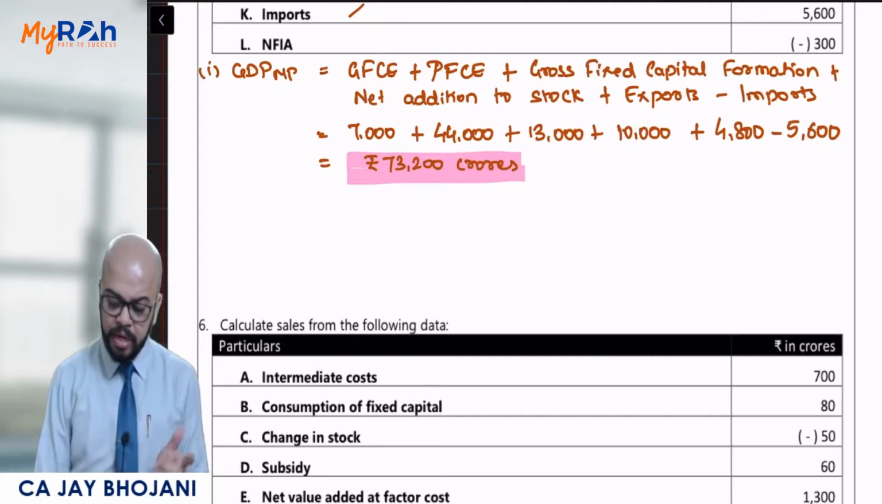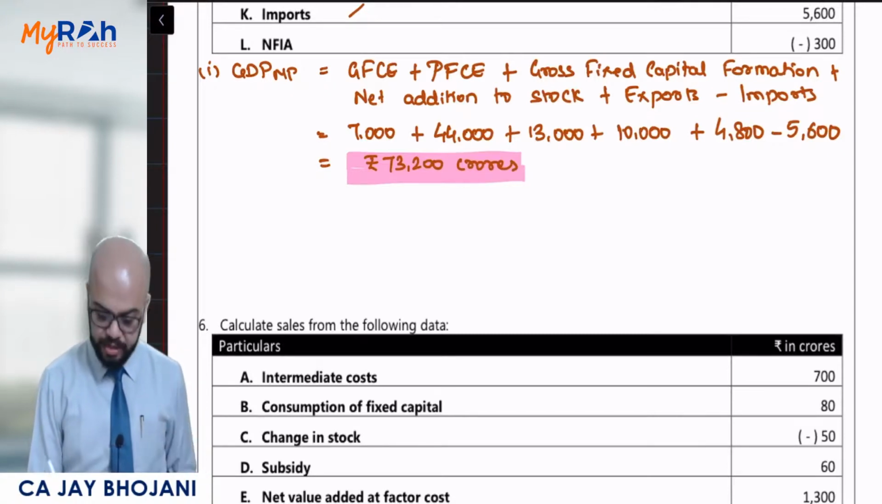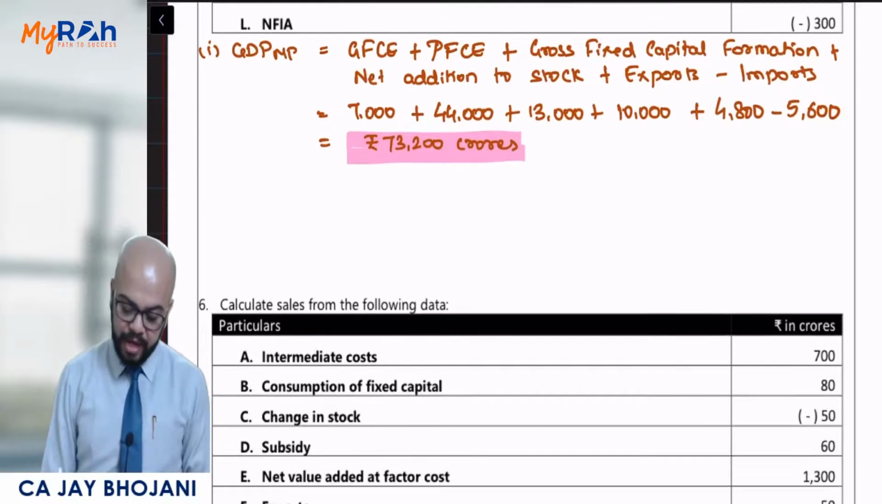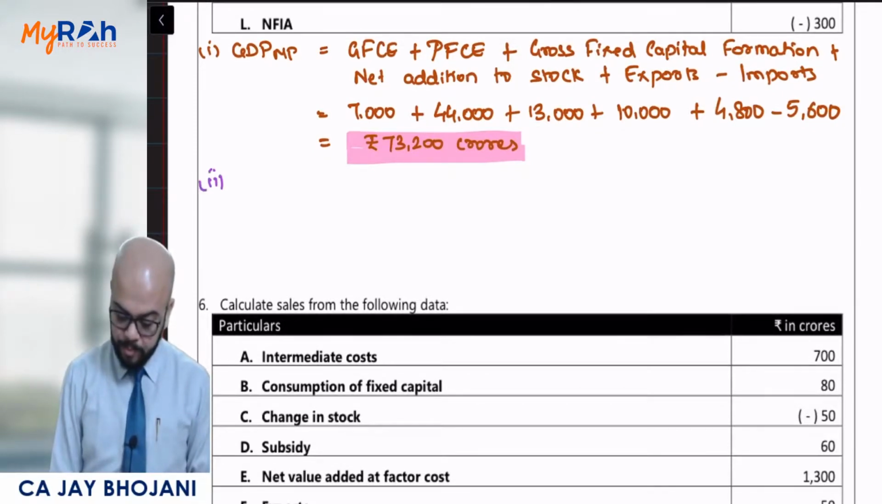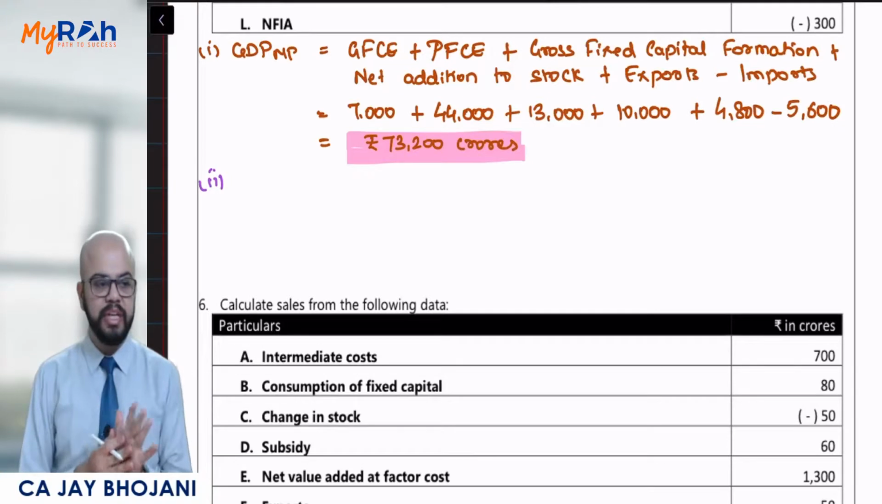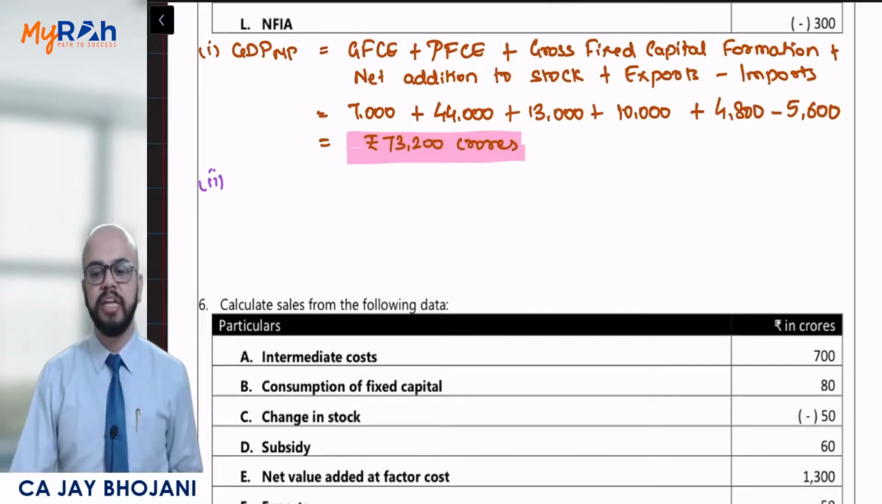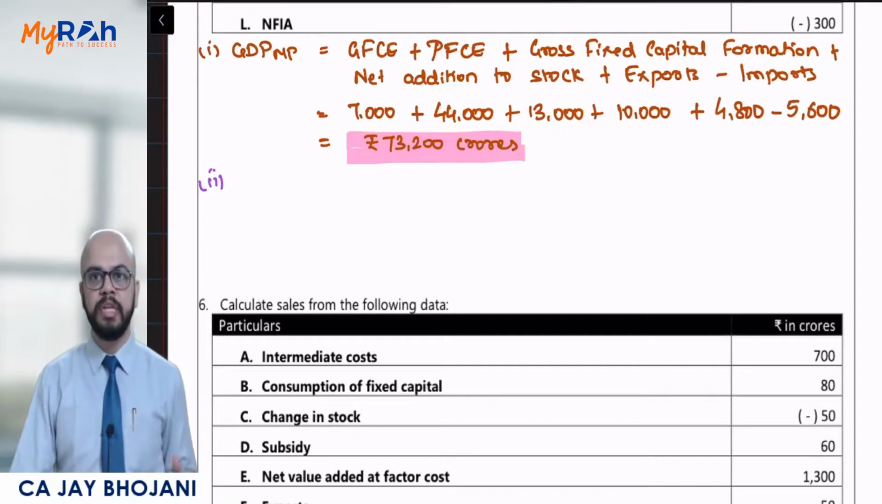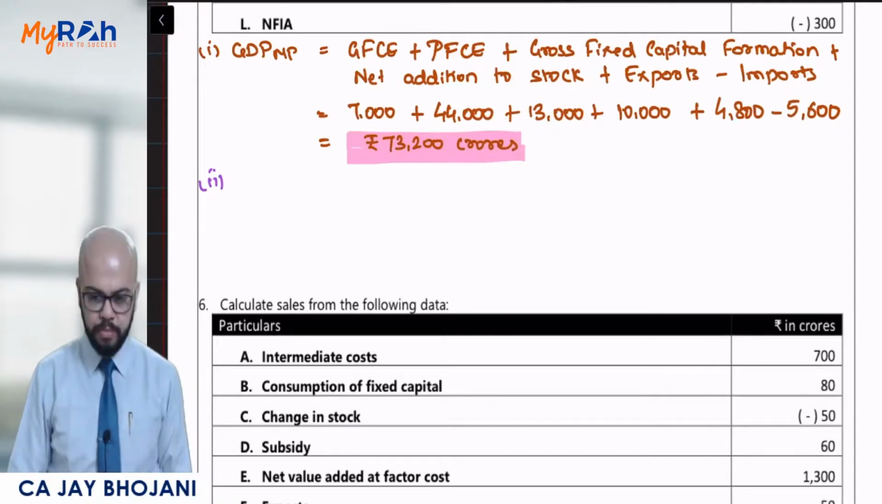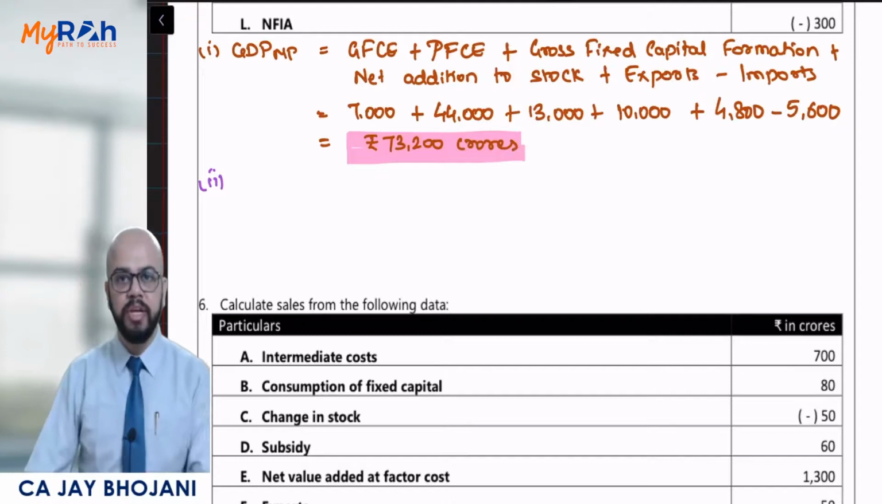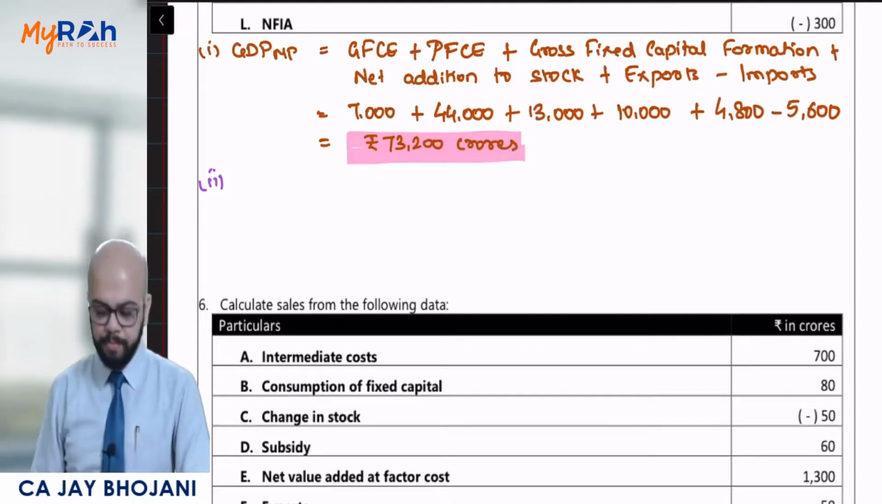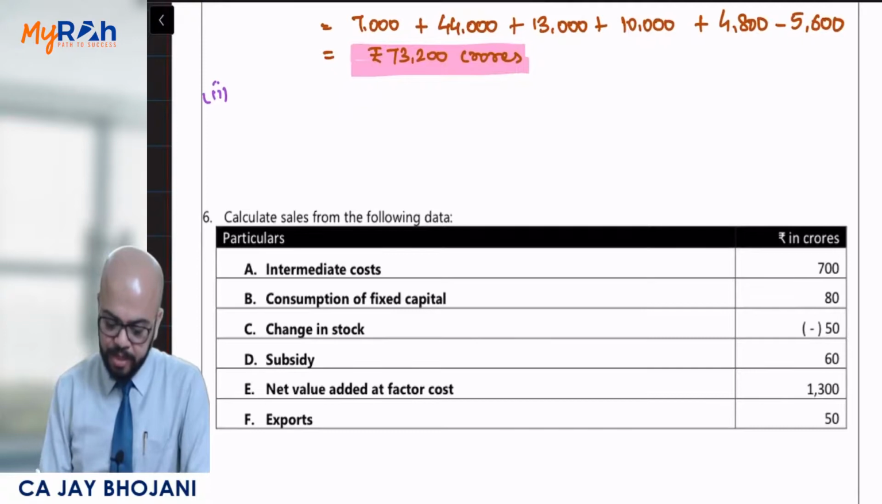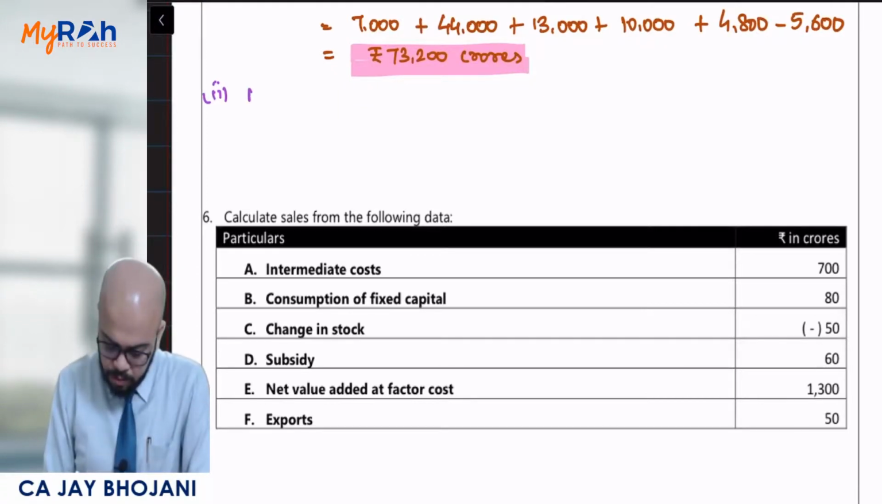Okay. In the second part, they want us to find out subsidies. What are we going to do about that? See, for subsidies, they have given us NDP FC. So we are going to use that NDP FC information to find out subsidies. First, let's write down the NDP FC formula from GDP MP and let's see how we can calculate subsidies from that. So NDP FC is equal to GDP MP